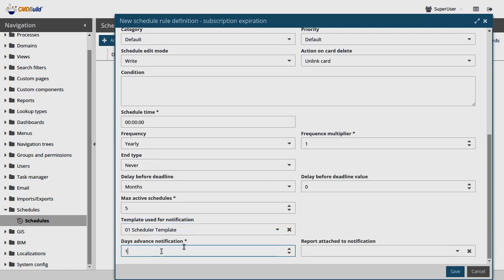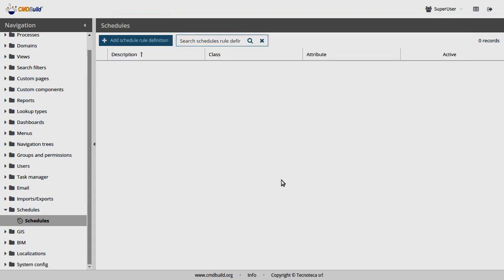You can select how many days in advance you want a notification to be sent, and also you can attach a report to the notification that is sent by email to the user that receives it. Okay, so this is just how easy you can schedule the rule definition,